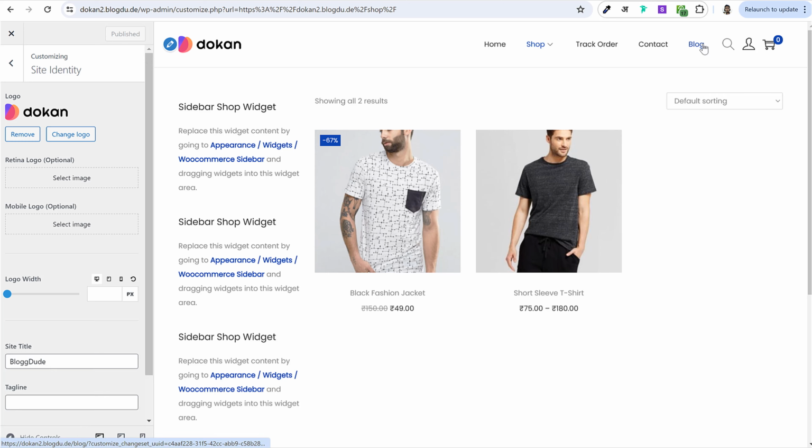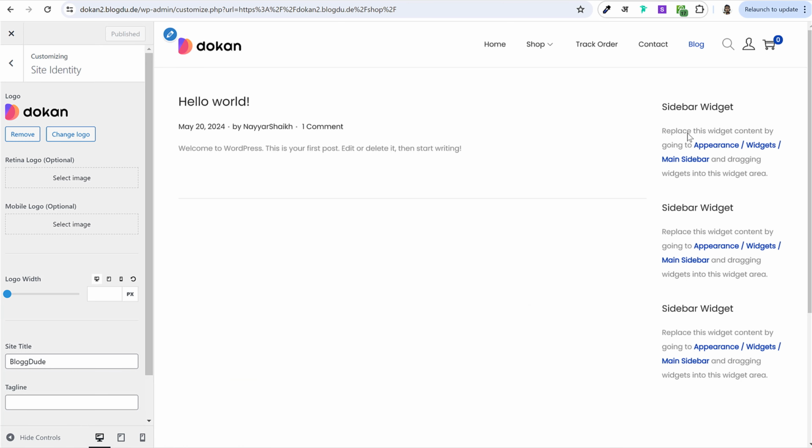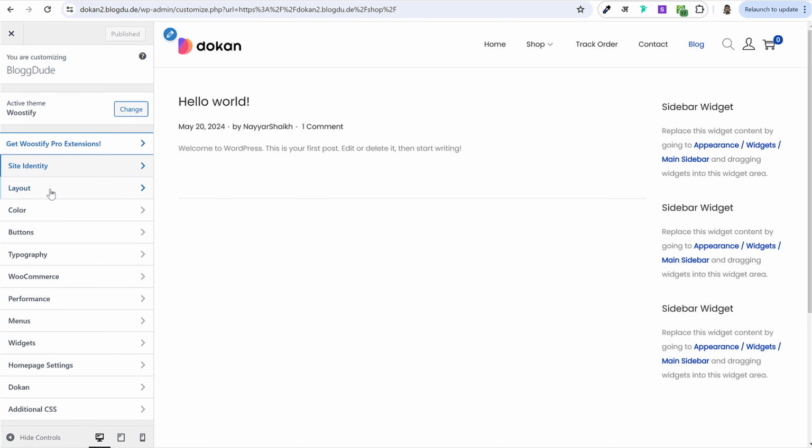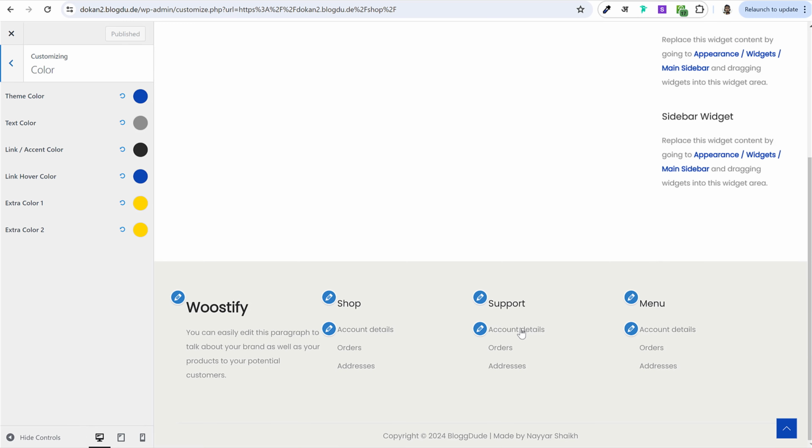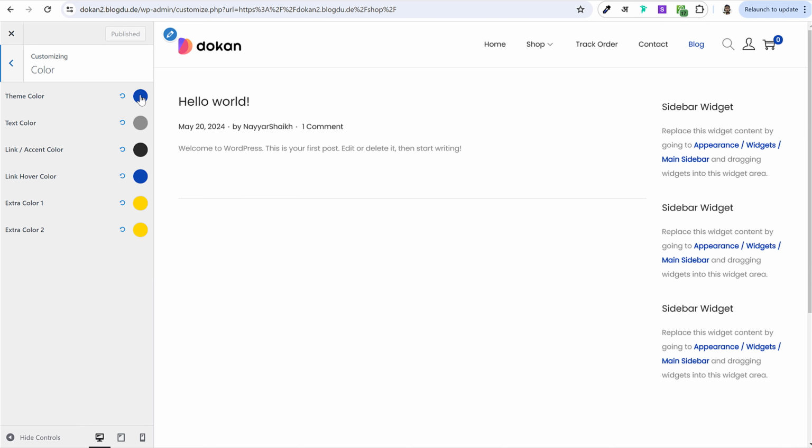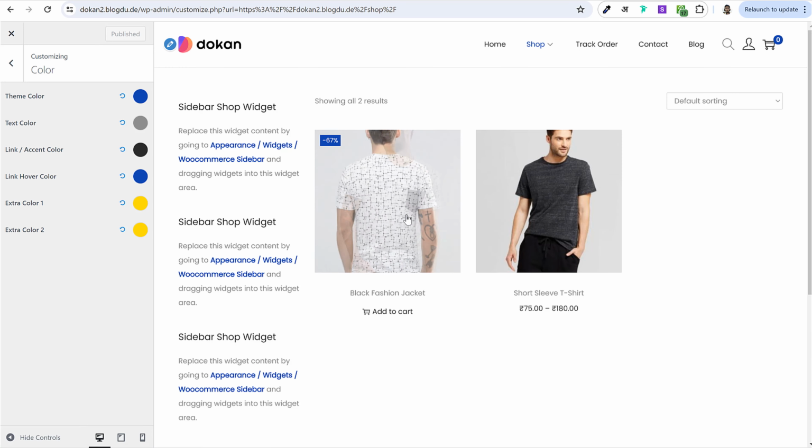Let's see the blog page. Okay, the right hand side is fine. Okay, for the blog page. If you want, you can change the color. The default color is this blue color. Everywhere you will see this blue color. Instead of that, if you want some other color, for example, if I go to the shop page, open any